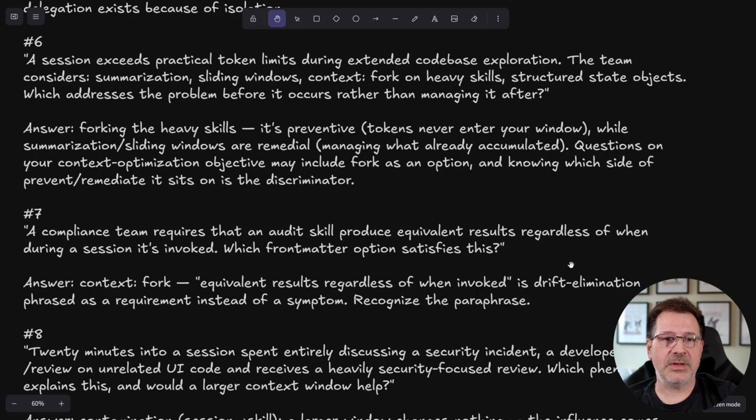Then we have 6, 7, and 8. And all 3 of these scenarios rely on us outsourcing using context fork. So the first one, a session exceeds practical token limits during extended code base exploration. So we're loading all these files into the code base. They're being loaded into the context. By forking these things and outsourcing them to a subagent, we prevent those token usages from hitting our main window